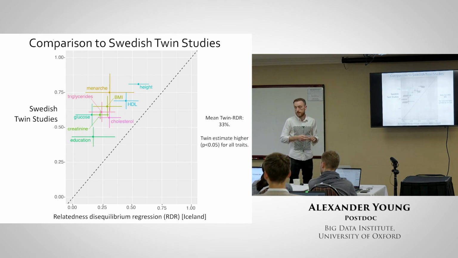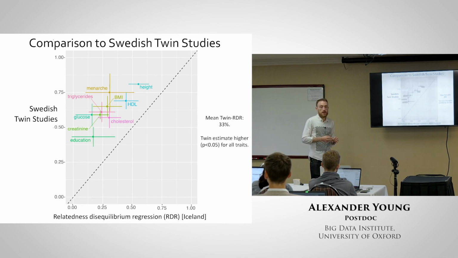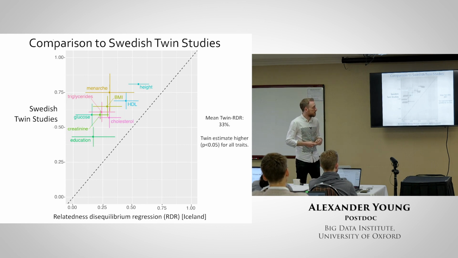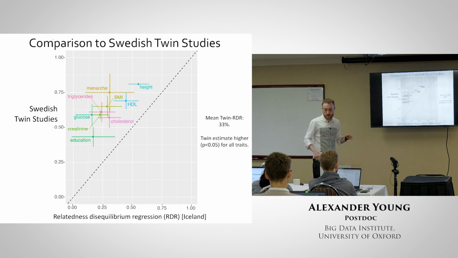So this may not be about confounding. This might just be because you're getting narrow sense rather than broad sense. I think the non-additivity will contribute to some of this difference, but unless non-additivity is quite high, I don't think it could explain it all. And I don't think there's a lot of evidence that it's high enough to explain the gap. I don't really know what the explanation for the gap is, but the gap isn't just present comparing the RDR methods to twin studies.